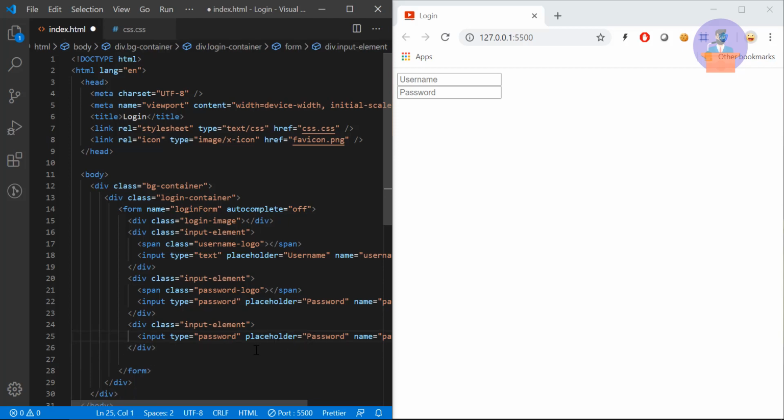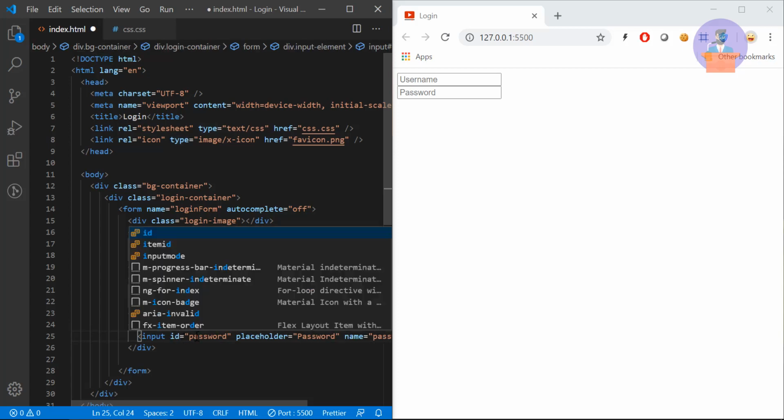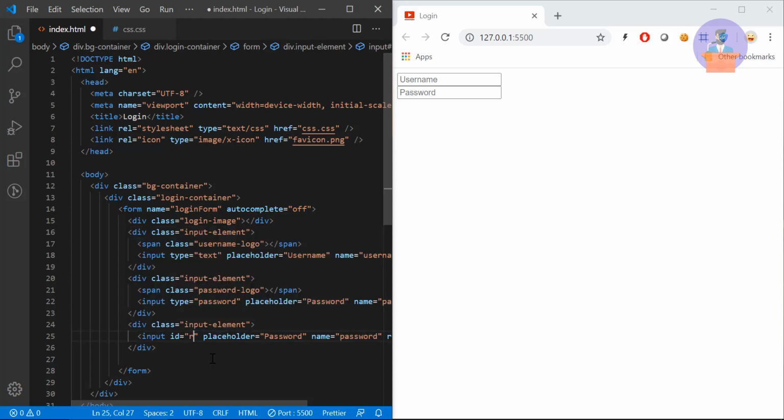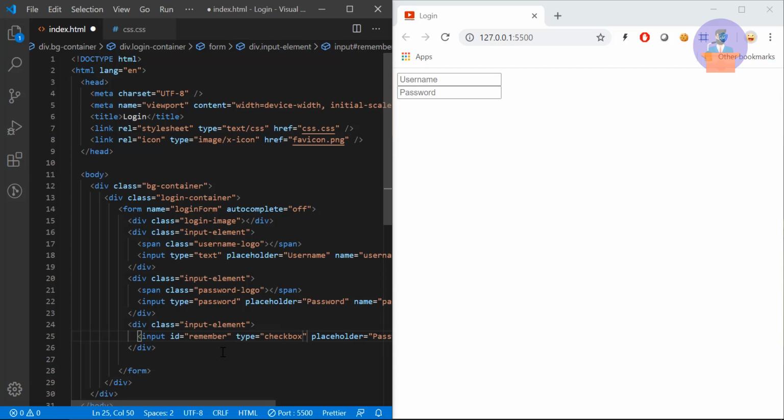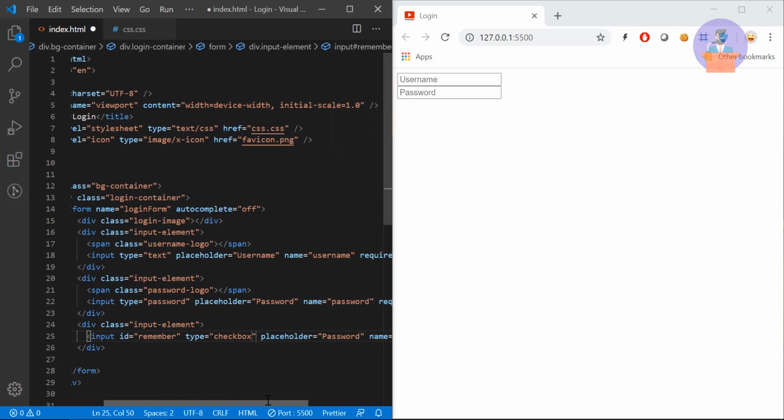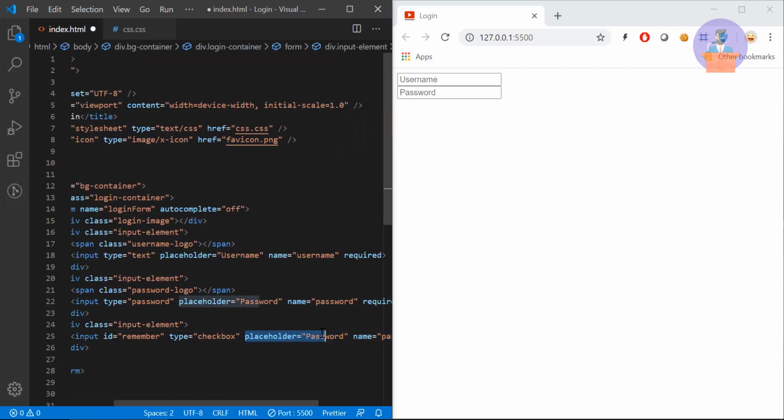Here I'm going to add a checkbox for remember me, and I will provide the id remember, and the type will be checkbox. There is no need for a placeholder, and the name will be the same, remember. This is not required.